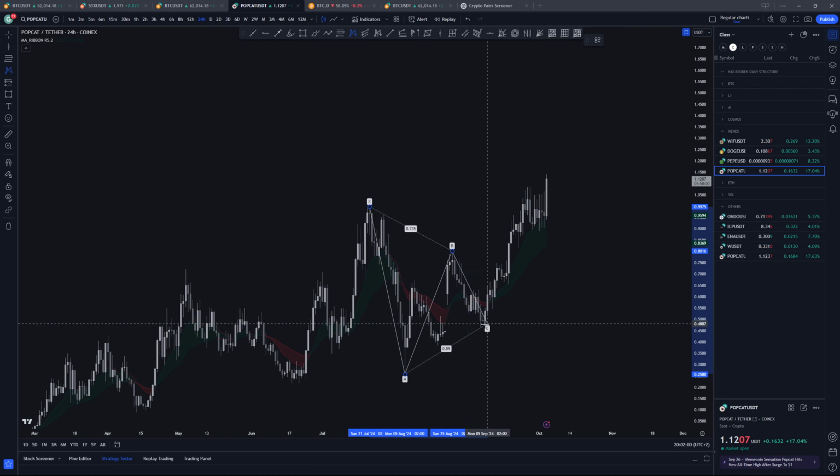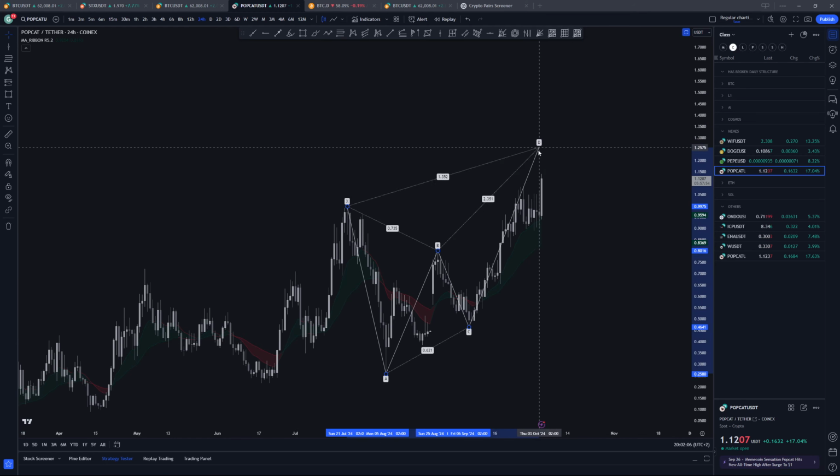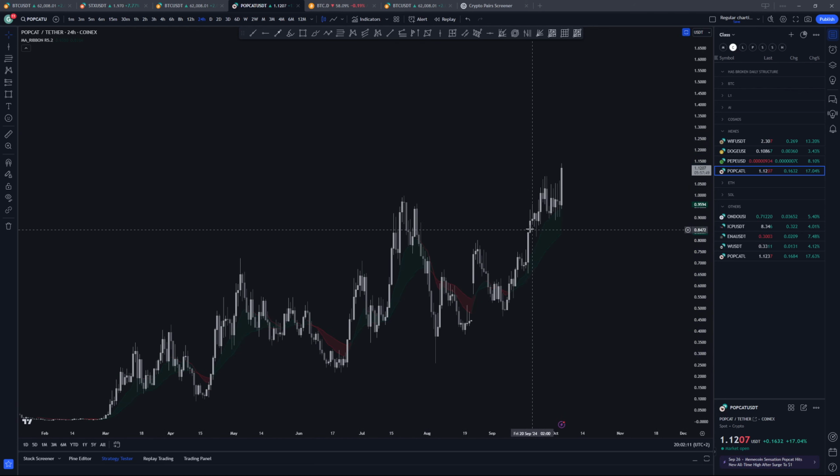This is shown in price action, right? If Popcat was actually a weak coin, I would have been able to chart bearish harmonics on this. But the ratios are simply not showing weakness. So